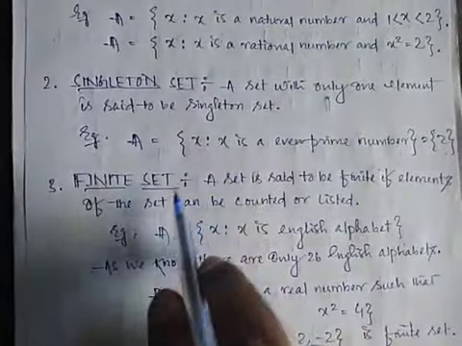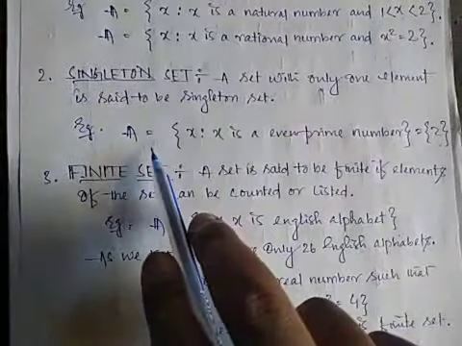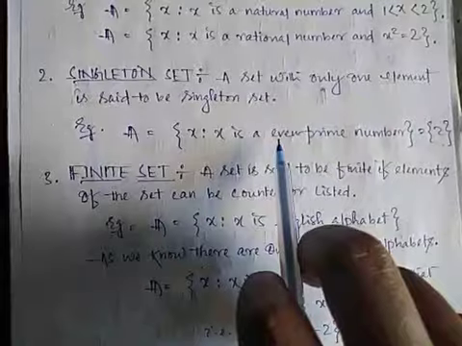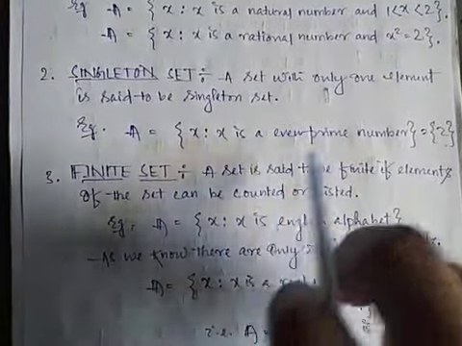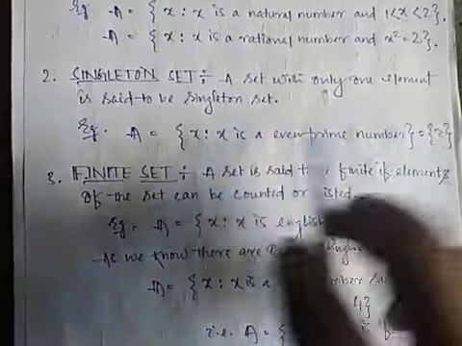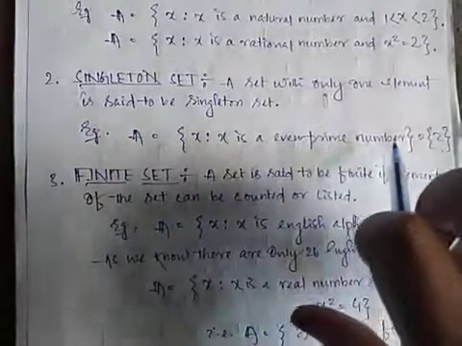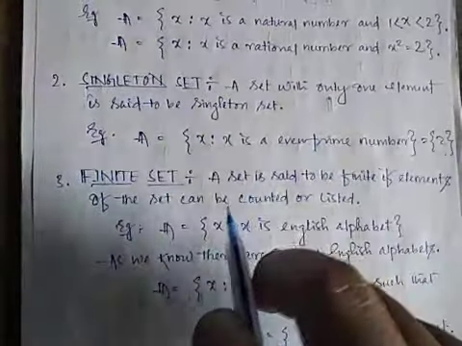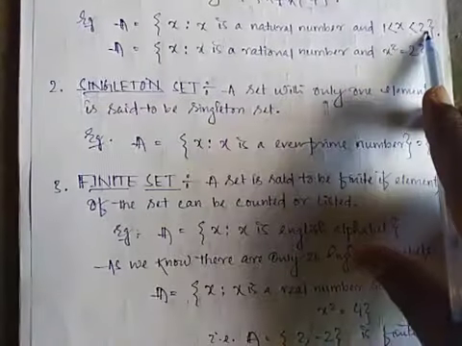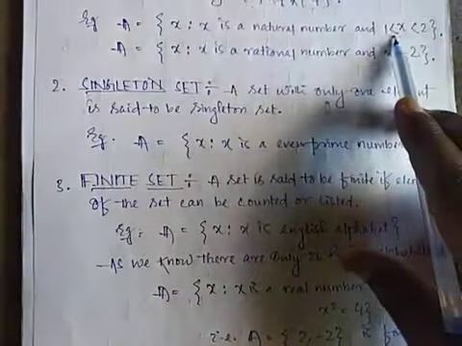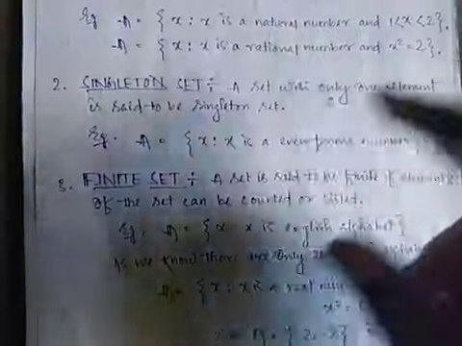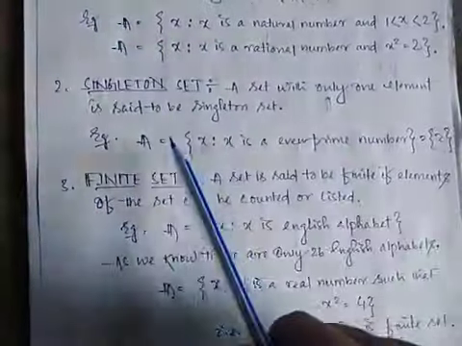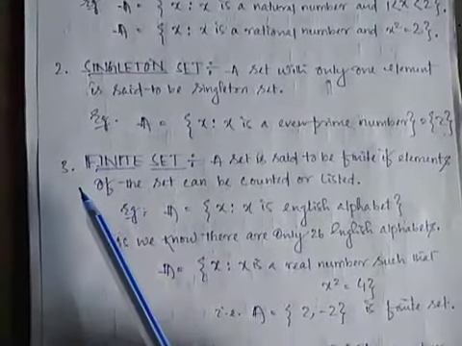So here we can write one example: the collection of x such that x is an even prime. All of you know that 2 is the only even prime, and that's why this is a single set. And you can give one more example also. Here, in place of 2, if you do 3, then you can get 2 here. So that example will be a singleton set.